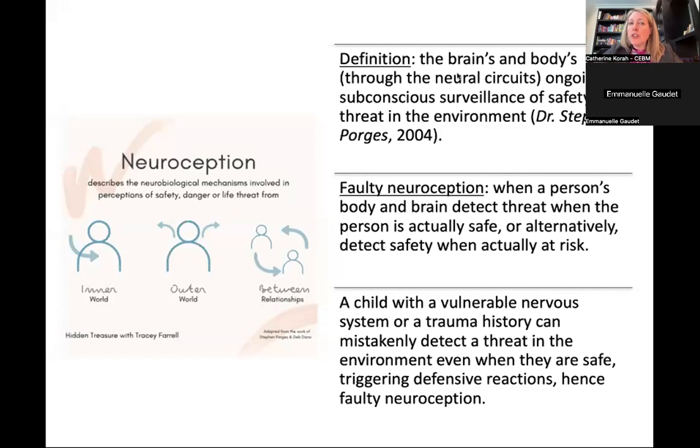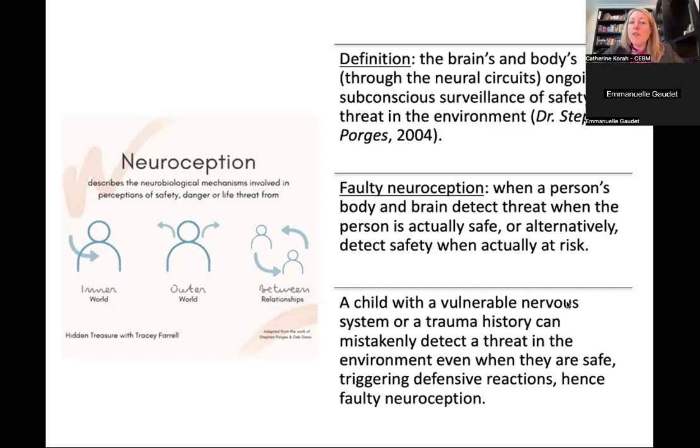But the way that the neural circuitry works, and by the way, this is not something that is conscious. This is happening in a very subconscious way for survival purposes, as the brain tries to surveil the environment to see if they are safe or in danger. So when we have a very sensitive individual or an individual who's gone through trauma, the way that they detect threat in the environment is much more sensitized. They will react more often and more intensely to a potential perception of threat, even though there isn't a real threat in the real world. But that's what the brain interpreted.